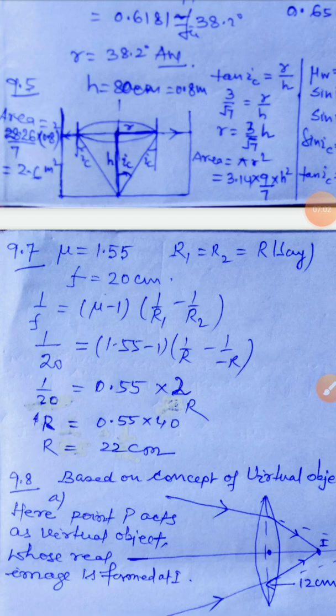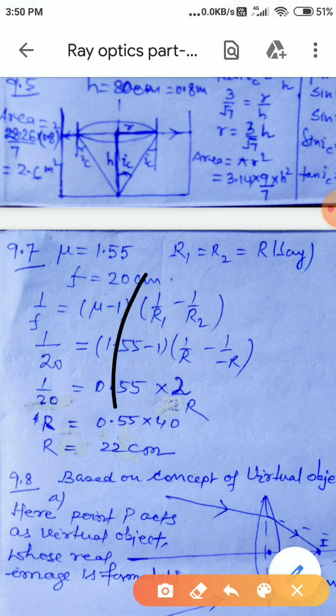Question 9.7. Double convex lenses are to be manufactured from a glass of refractive index 1.55 with both faces of the same radius of curvature. What is the radius of curvature required if the focal length of the lens is 20 centimeter? So focal length is 20 centimeter, the given lens is convex, the refractive index of the glass is 1.55, and the radius of curvature is the same. Now here one thing you can see,